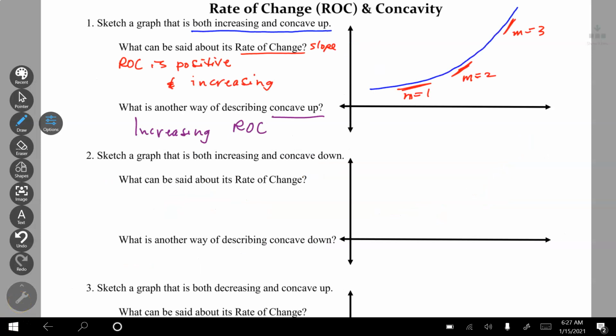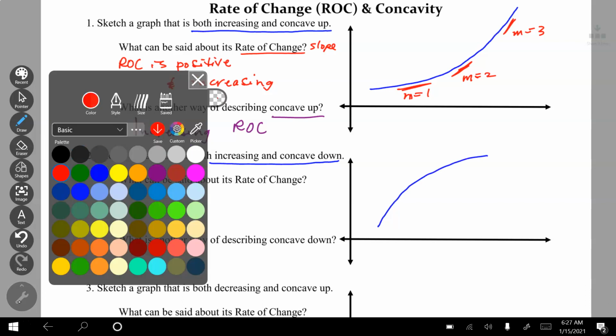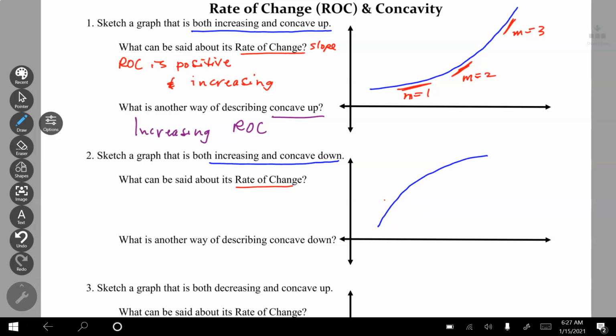So now I need to draw a graph that is increasing and concave down. So it's got to be going uphill and curving down. So maybe something like this. What can I say about its rate of change? Well, if I draw little slopes, one here and one here, I can say the slope is going from 3 to 2 to 1. So again, my rate of change is positive because the function is increasing, but these values 3 to 2 to 1 are decreasing